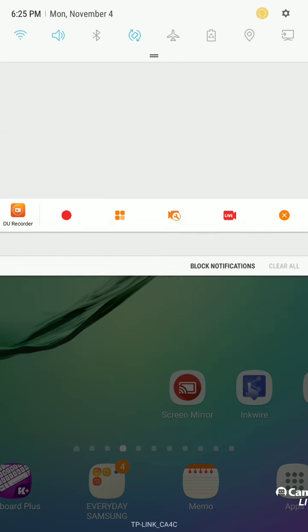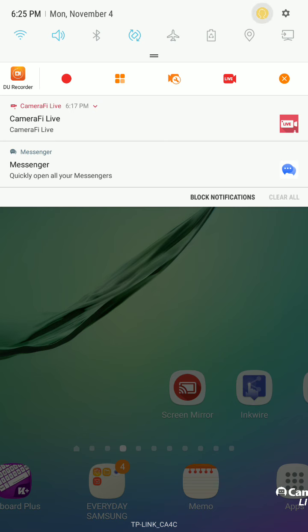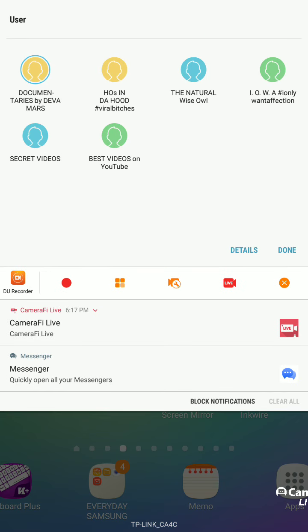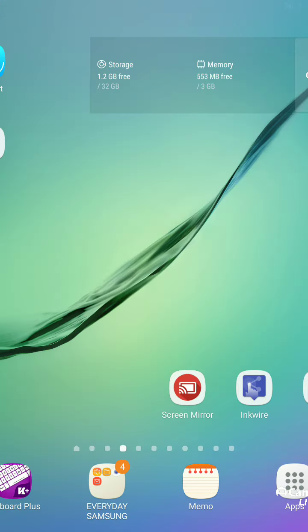It has this, see where the little yellow icon is? These are different profiles. So currently I'm on my second user profile. I have currently 6 user profiles. So basically it's like 6 desktops, okay? 6 desktops. And the reason why I love this Samsung Tab S2 and its model number T713 is because it